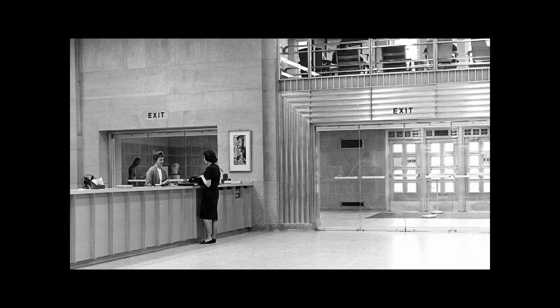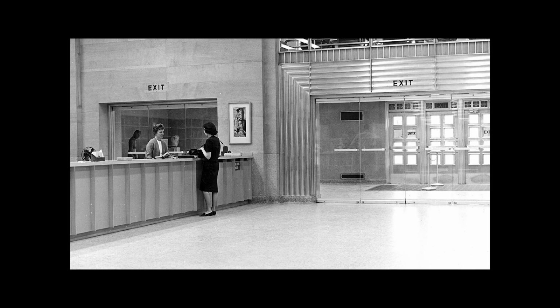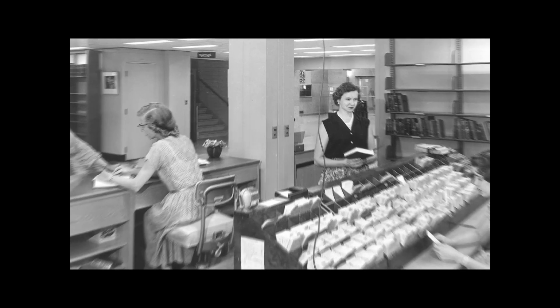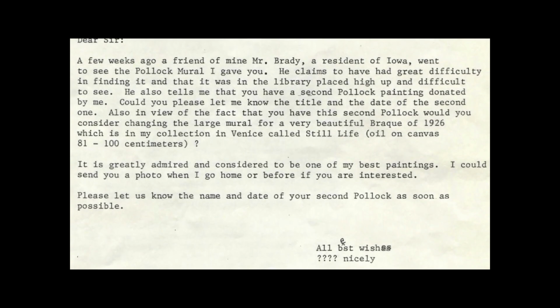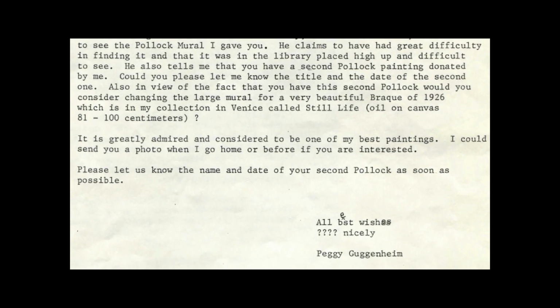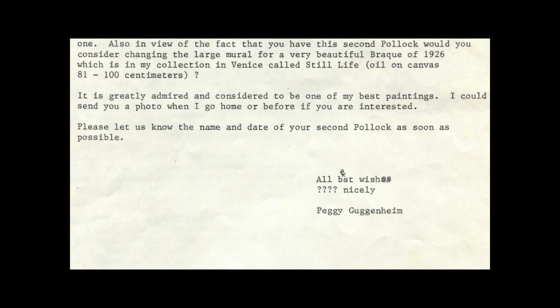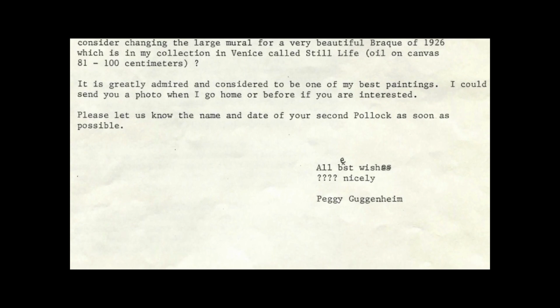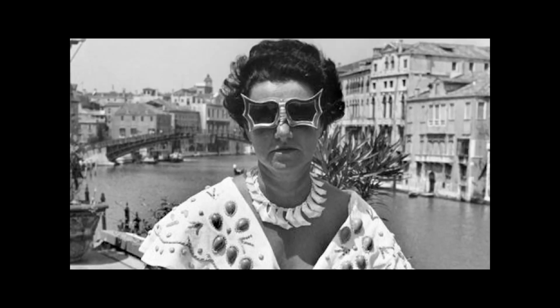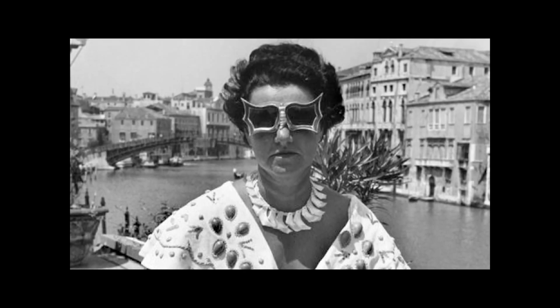Then it's moved towards the end of the 1950s to the newly constructed University of Iowa Library, and it hangs there for a while. Then begins an interesting series of letters and correspondence between Peggy Guggenheim and the president of the University of Iowa, in which basically Guggenheim had heard, and this wasn't true, that the mural had been demoted to hanging in some student dining hall. And she was outraged by this and demanded that the mural be returned to her in Venice, Italy. And would he be interested in the exchange of a 1920s painting by the French artist Georges Braque?